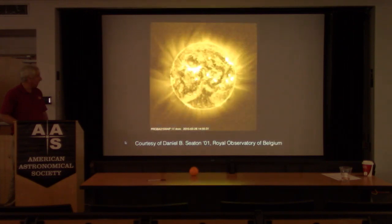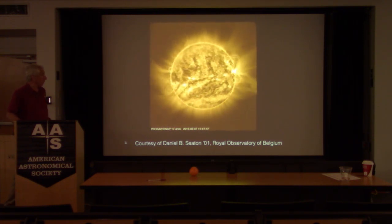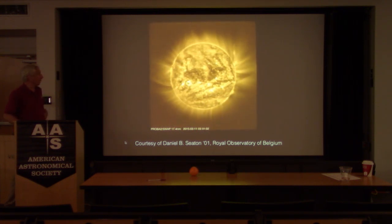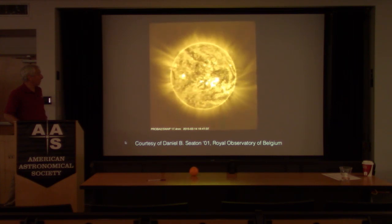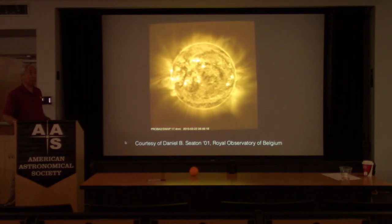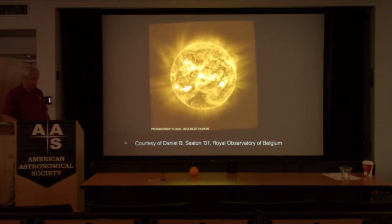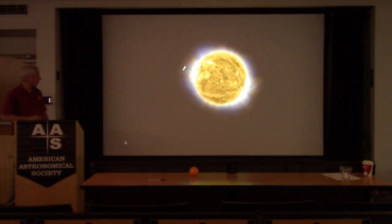So you see for a while, because it's been solar maximum, there have been streamers on all levels. And now we won't have many polar streamers extending on the poles, so we'll be able to see the plumes better. Here is a later image. This is the sunspot cycle as of the time when we had the 2015 eclipse. You see, we're just past this double peak cycle. It peaked at different times in the northern and southern